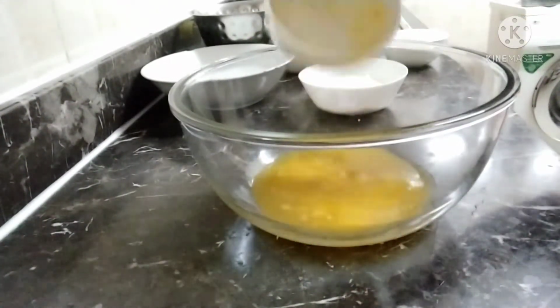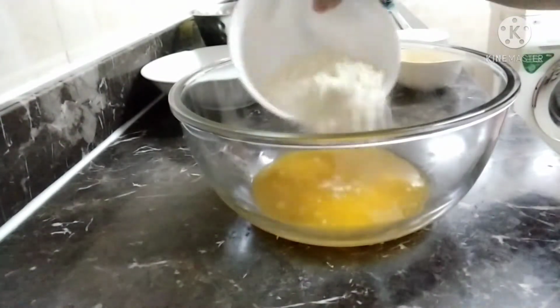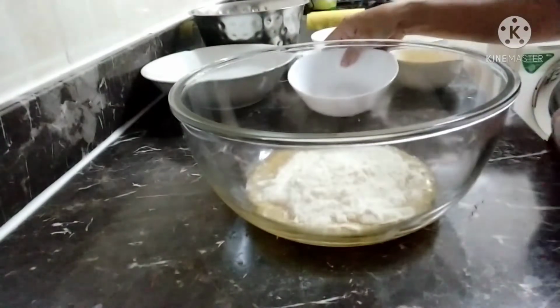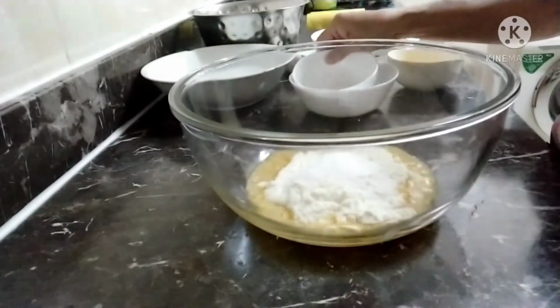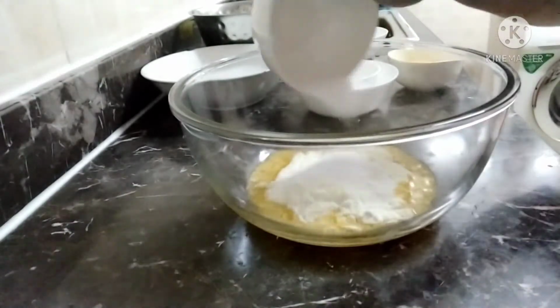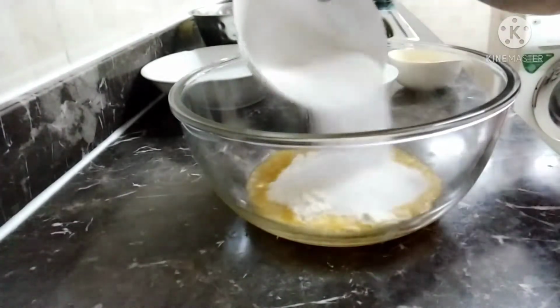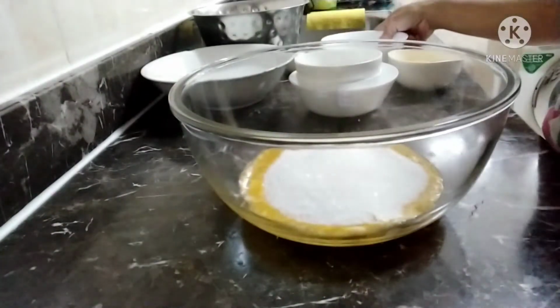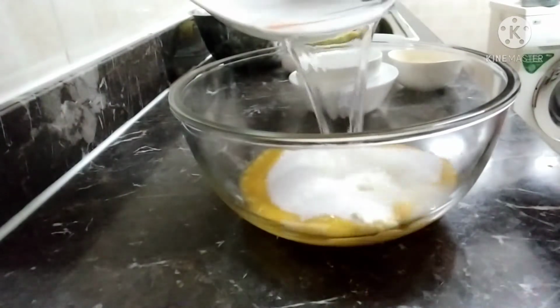First, melted butter. Second, milk powder, vanilla, salt, sugar, then 2 cups of water,